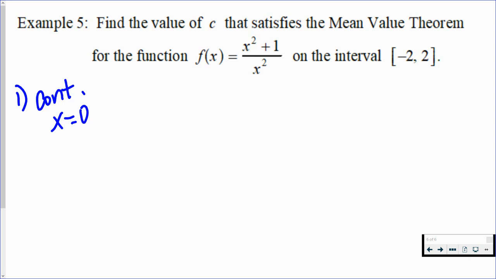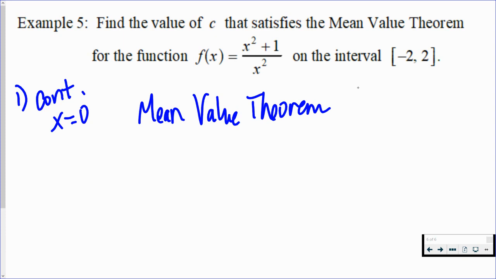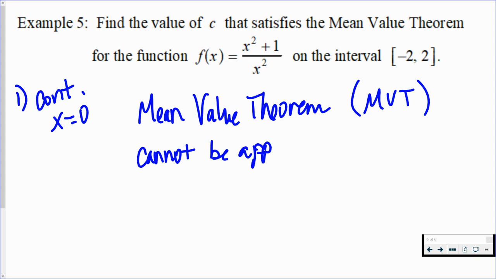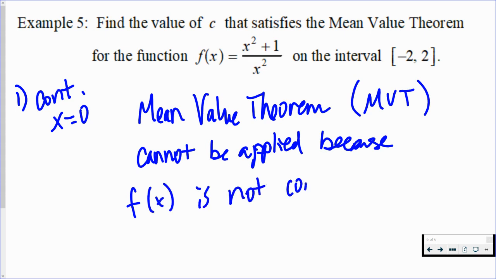So unfortunately, when we have this problem, we would simply say mean value theorem, which, by the way, you can abbreviate as MVT. That one is an accepted abbreviation. Cannot be applied because f of x is not continuous